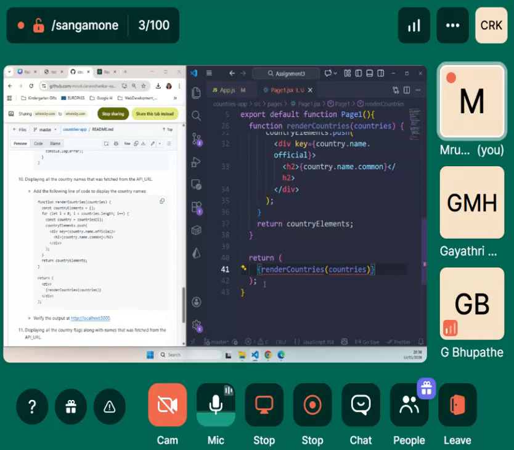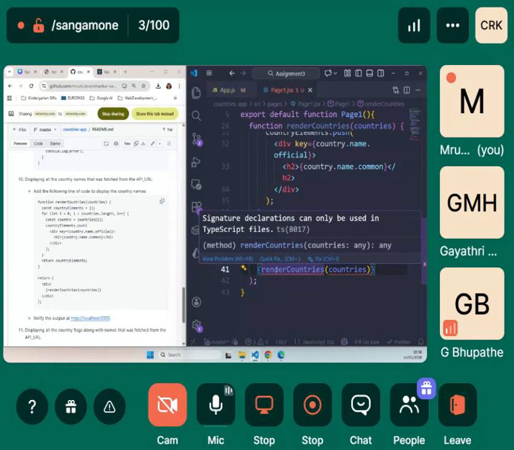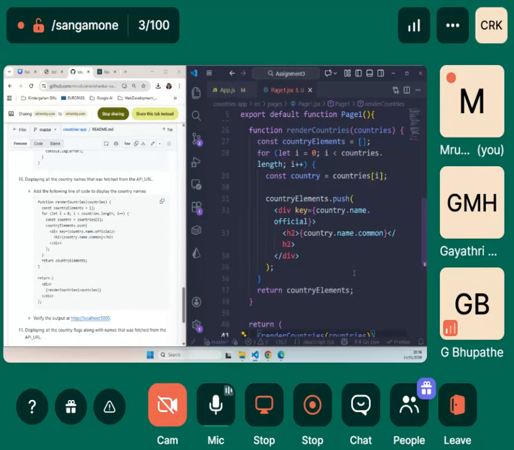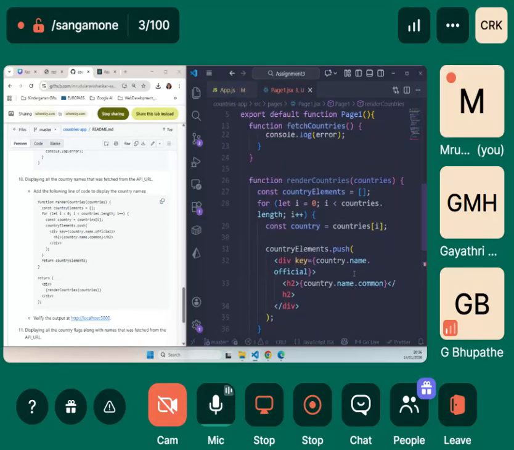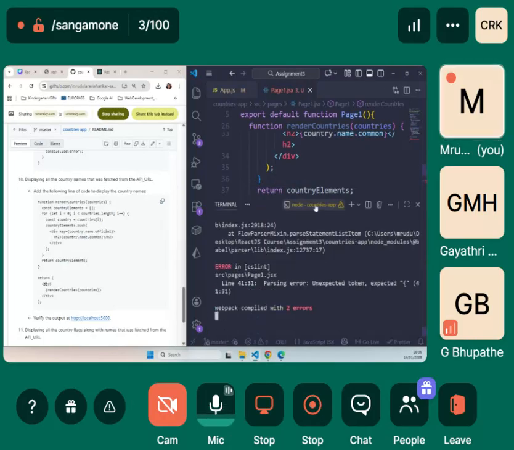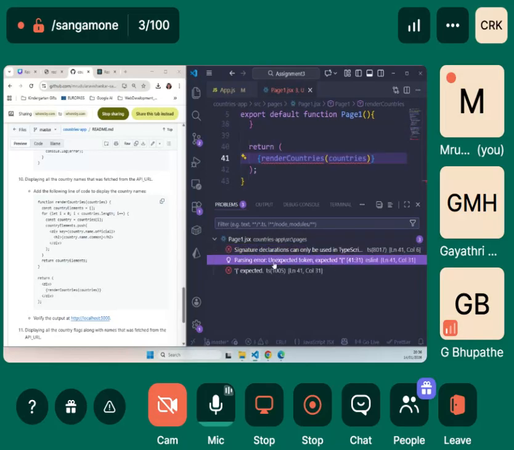We have an issue here. What issue? Signature declarations only used in TypeScript. What is the issue? Let's see what the issue might be. We will go to problems: unexpected token. Why do we have this?